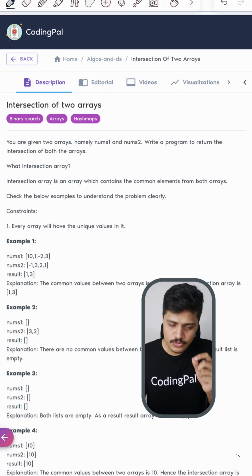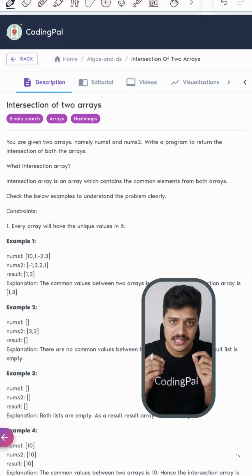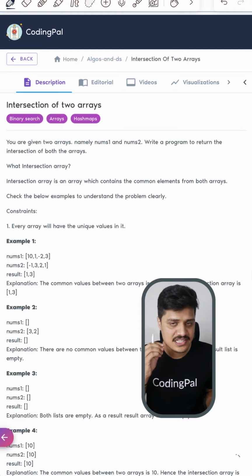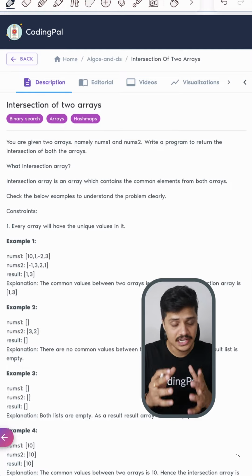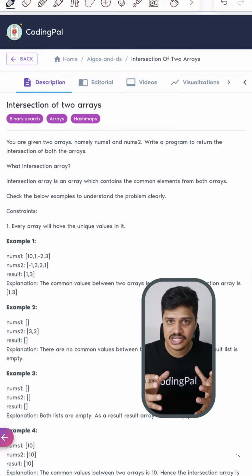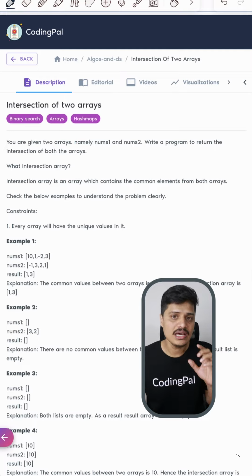Hey everybody, assume you are given two arrays and you are asked to find the intersection of those two arrays. That is something that we will try to solve as part of today's 100 days of DSA challenge. Basically here we are given two arrays. Our aim is to find the intersection of those two arrays. Intersection meaning we need to find the common elements in both the arrays and we need to return the values